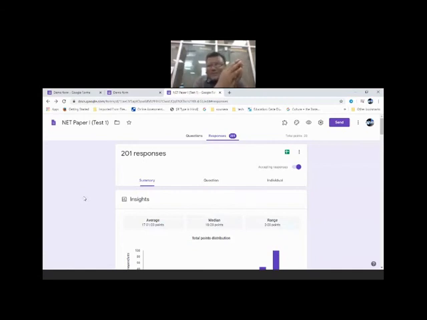Now how to check all these 200 responses? For this purpose, I have to make use of Flubaroo. Flubaroo is an add-on. With the help of the add-on, we can very easily assess any number of responses given by the students. It may be 1,000 or 10,000 or lakh. Within no time, the responses will be evaluated. So I will demonstrate tomorrow how to make use of Flubaroo.